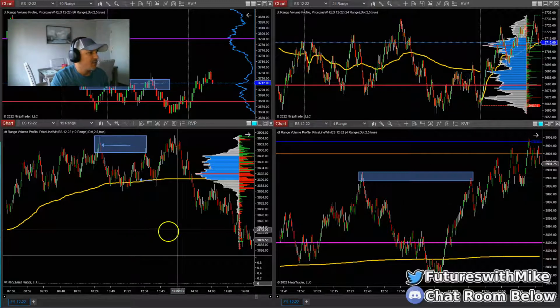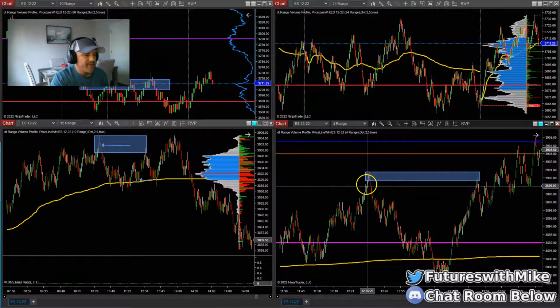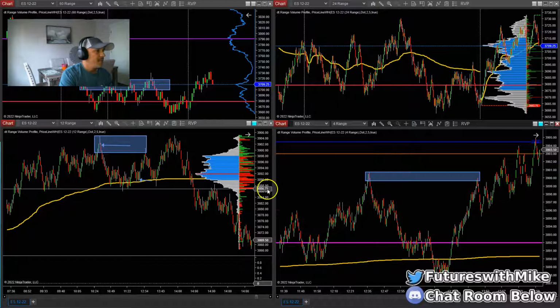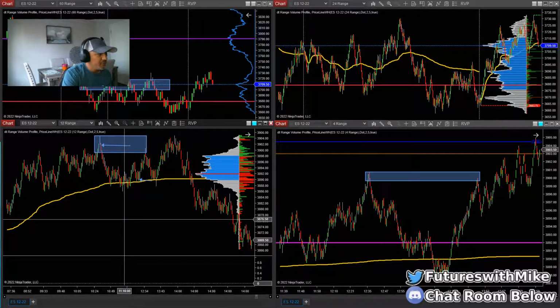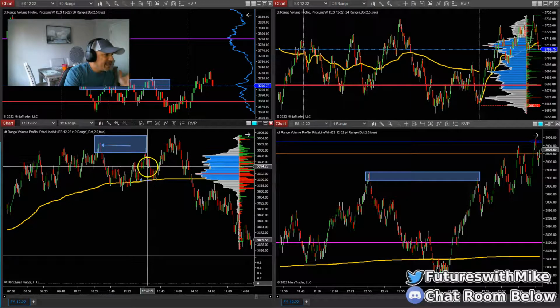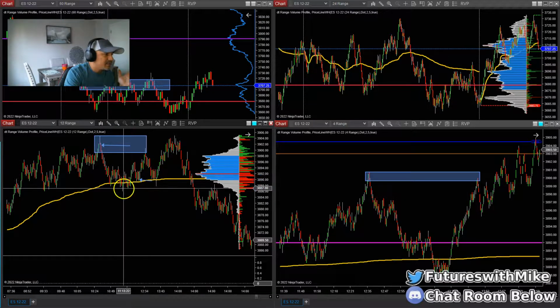Now, on the 12 range, you can get a trade and start out on the 12 range without waiting for the structure break. But again, I'm showing you guys how to pair 2 charts together, looking for supply and demand, and then switch over to your lower time frame, looking for the structure break, and then the pullback to that area. If you're a beginner trader, it's a great, reliable scalping strategy that you can implement to make money in the market. Now, for me, I can also trade off using this 1 chart here. Once we tap into that supply zone off the 12 range chart, and I get the break of the candle here at 38.95, I'm taking it back down to the lows right here, liquidity.